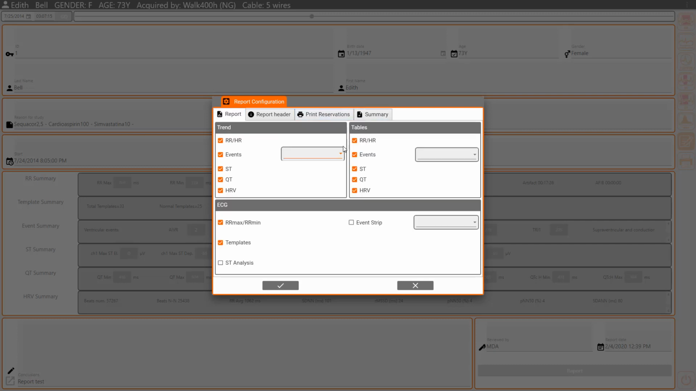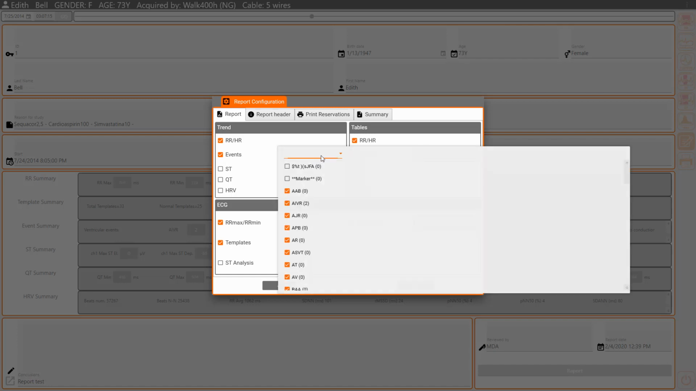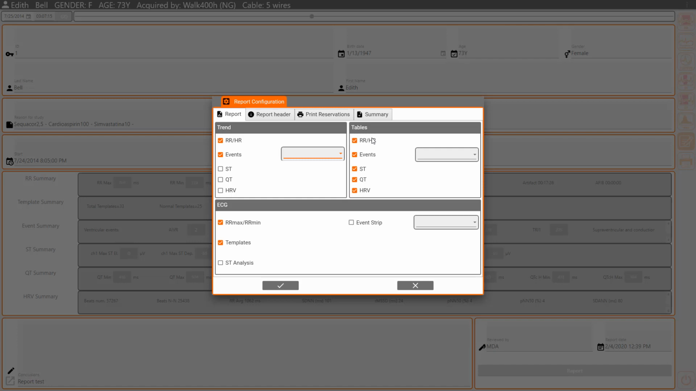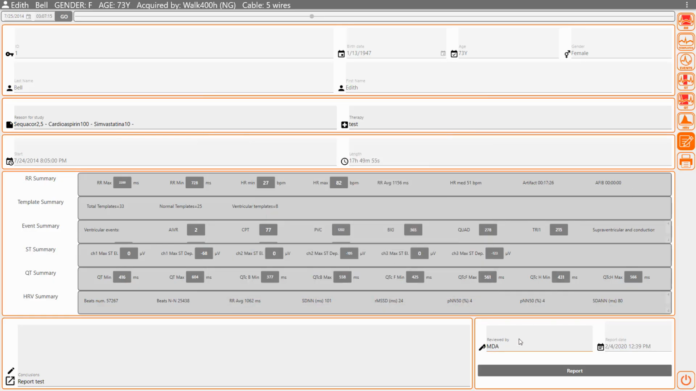I can change that anytime. So for example, I don't need a trend for QT, ST, HRV, so I can deselect the trends that I don't need. In the events case, I can also select specifically which events I want to show or not. The same for the tables. The same for the ECG. So I can select event strip, and that's it. Then I just press report,